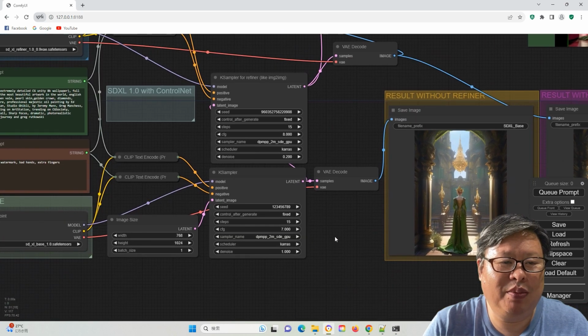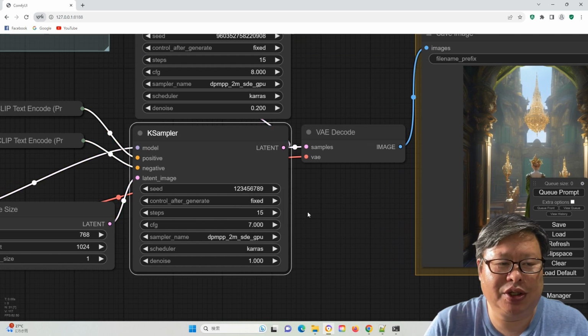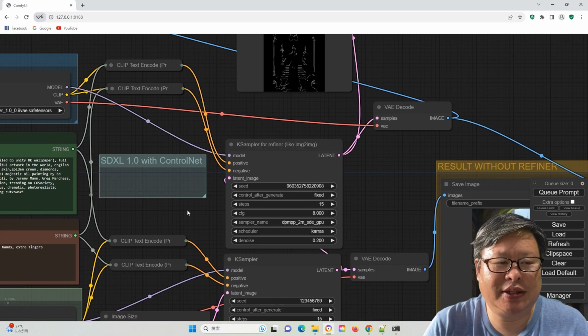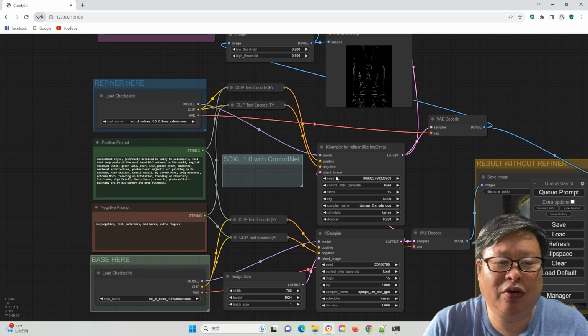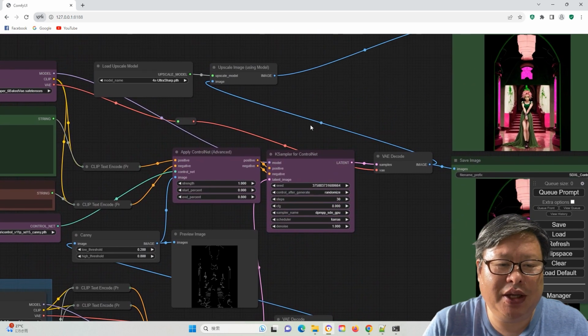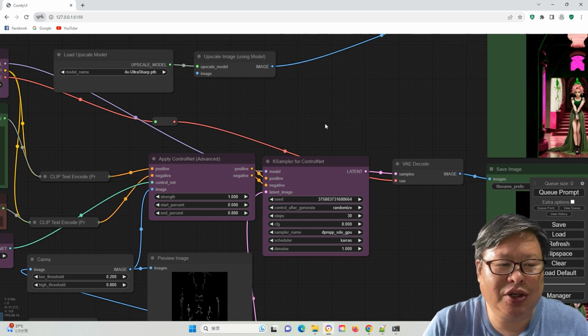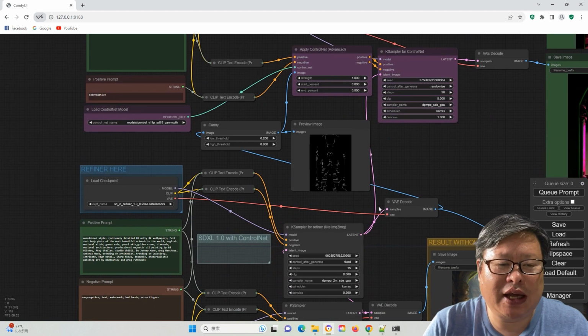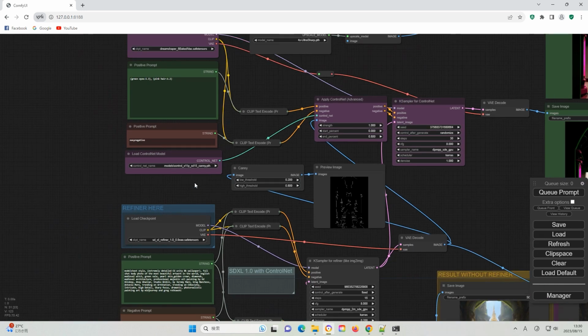Let's continue experimenting with other ControlNet models. To expedite the process, I have fixed the base model and the refined model seeds. Consequently, these two images remain constant. Also, I switch off the 4x upscale function. We now have the ability to switch between different ControlNet models.